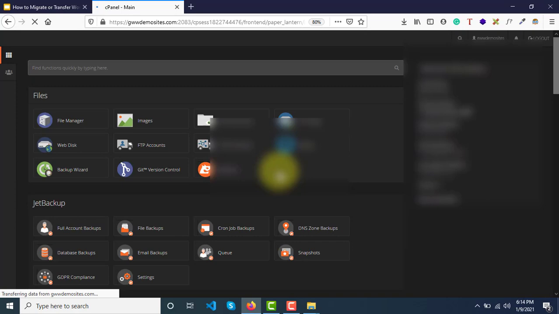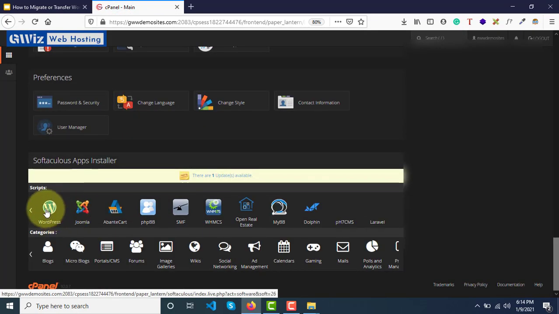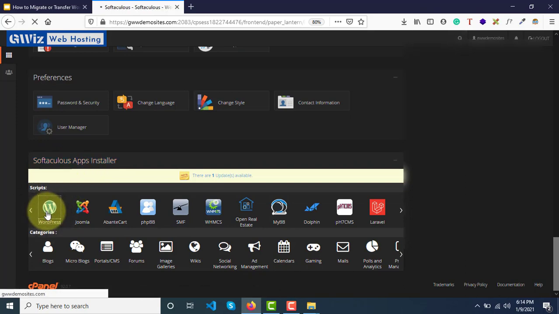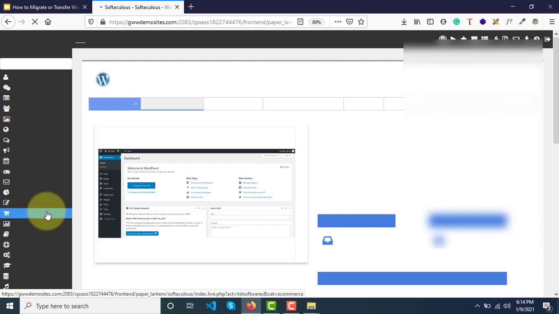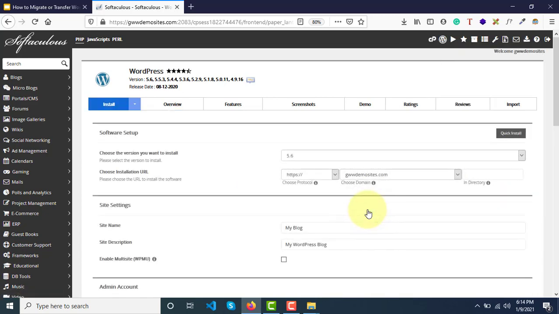Once you log in, scroll down and go to Software, App Installer, and under this click on WordPress. Now click on install now. From here you can select the version of WordPress you want to install, select the protocol, and select the URL.